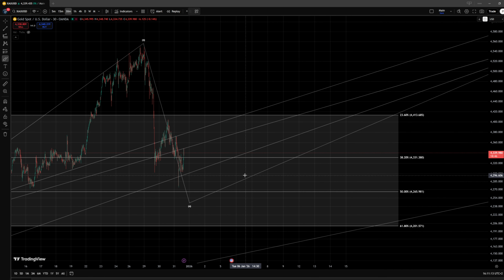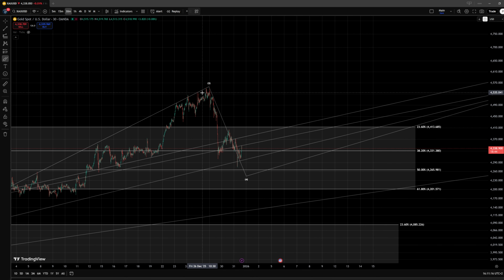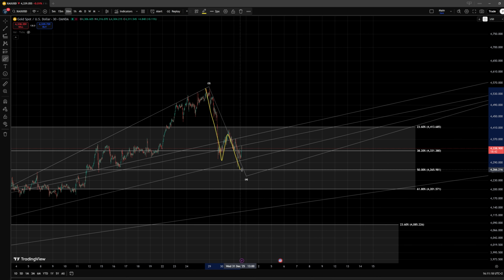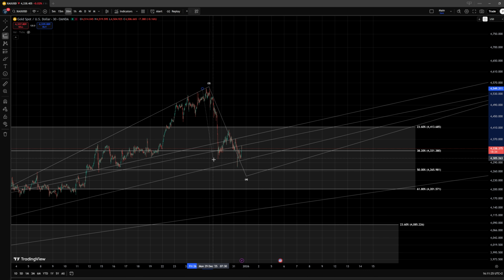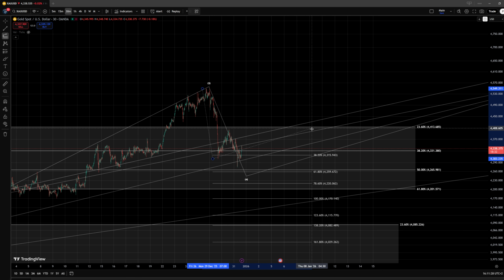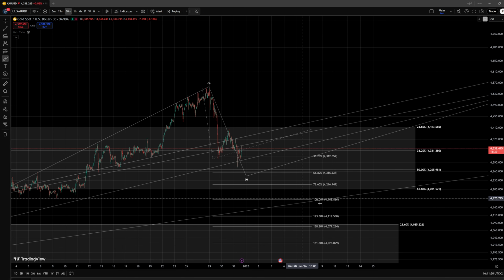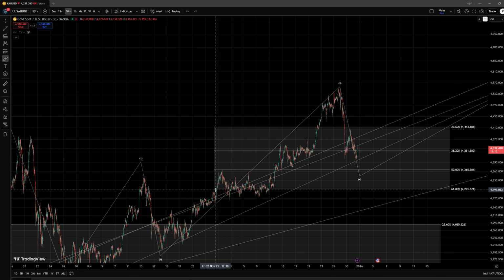We still have plenty of room, and this correction could possibly be considered maybe something like a WXY rather to the downside, unless this movement still extends lower. However, if I were to be looking for a larger 3-wave move to the downside within this fashion, I would be looking here at an ideal target at the 4.170k level, the 100% extension of the initial movement down. Although again, it is an ideal target and we don't need to get there, so maybe the 78.6% extension should be enough. And we also have additional structural support at these levels.